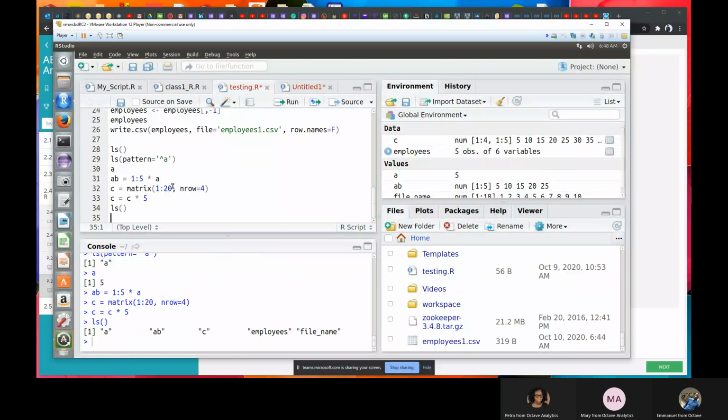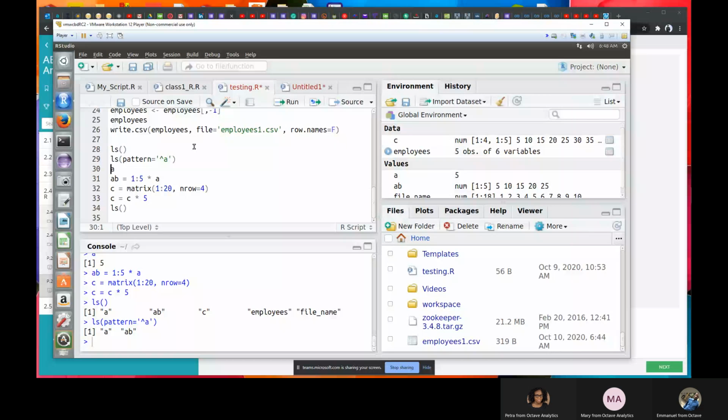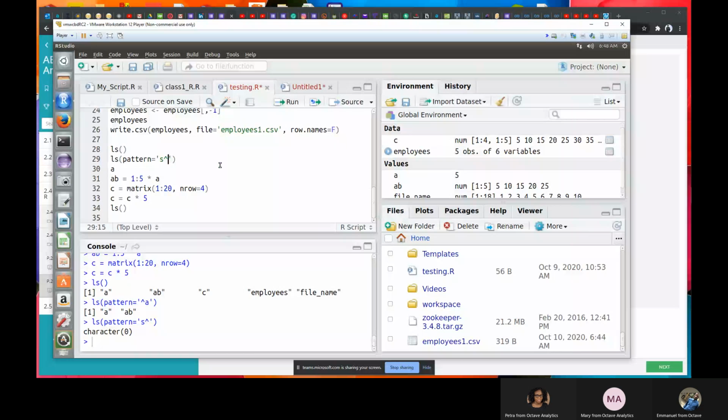So let's say I want to run this command now. Give me the list of objects that start with A. Obviously it's going to give me A and AB. So let me run this. As you can see, it was A and AB that it gave me. If I need objects that end with S, I should be able to put this. Let me see what this one gives me. Maybe this is not the way I'm supposed to write it.